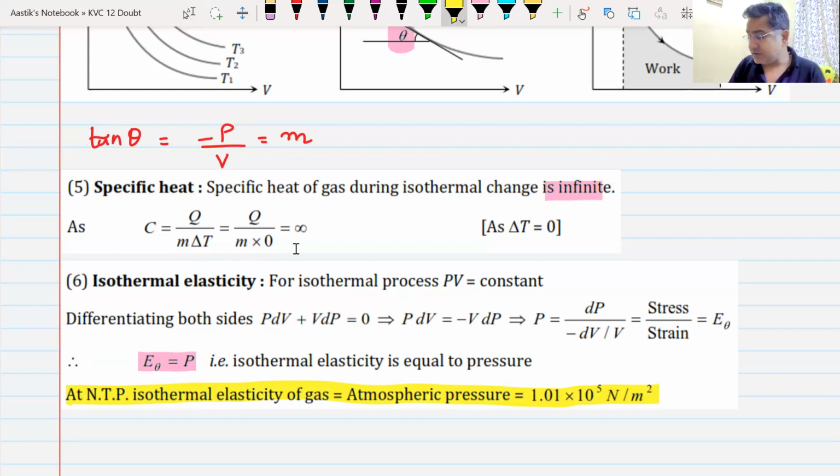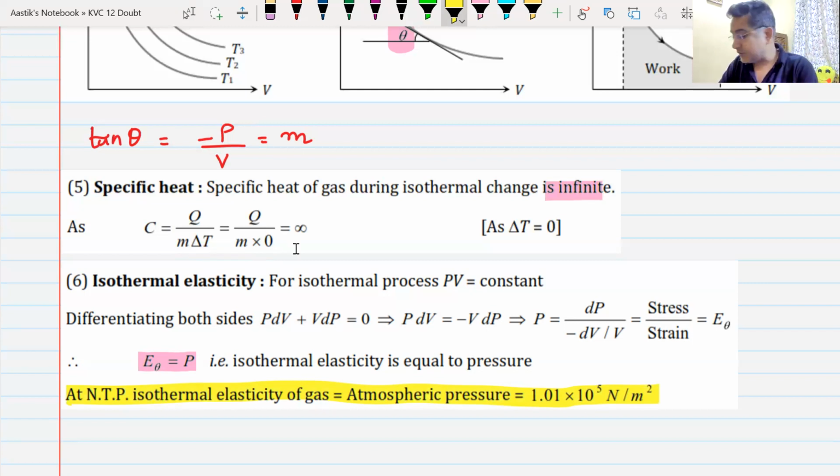In JEE, they are going to ask you what is the elasticity for isothermal process, what is the elasticity for adiabatic process, what is the elasticity for this process. That is how it is calculated. So please remember this. The next thing that we are going to understand is